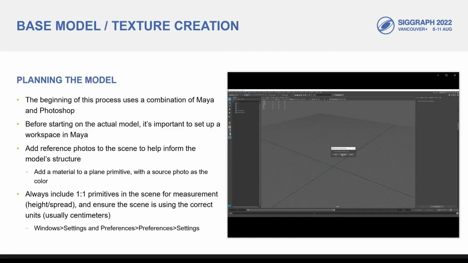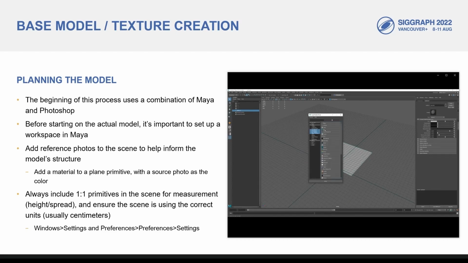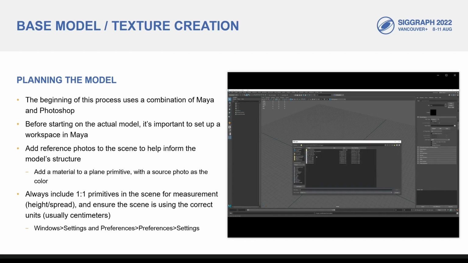Once we've gathered our source material and an understanding of the plant, we can begin planning out the actual model itself. We begin this process using a combination of, in our case, Maya and Photoshop. Before we start building out the model, it's really important to set up a nice workspace in Maya. This includes making sure that you have your scene unit set to whatever it is you want. We use centimeters,